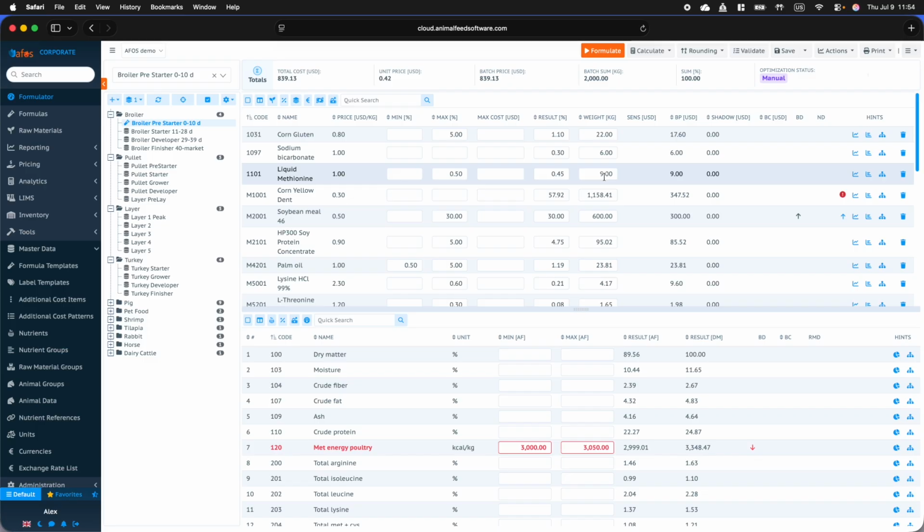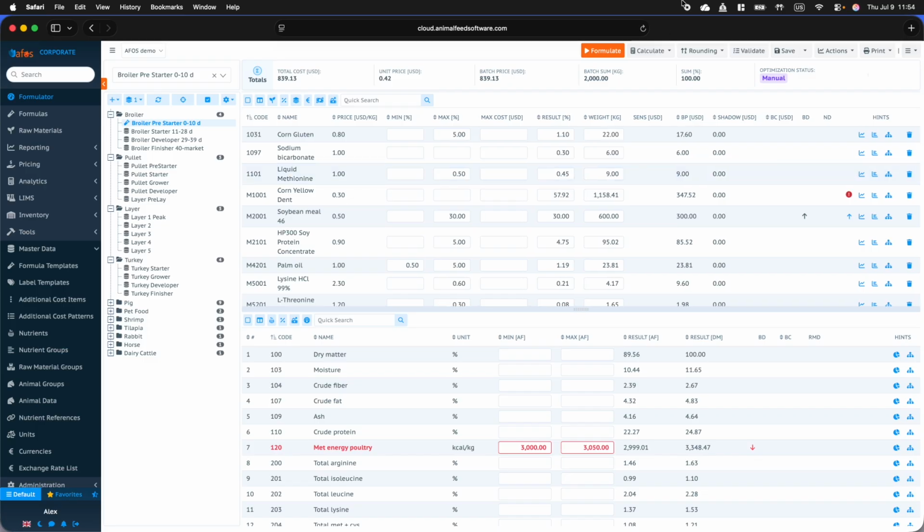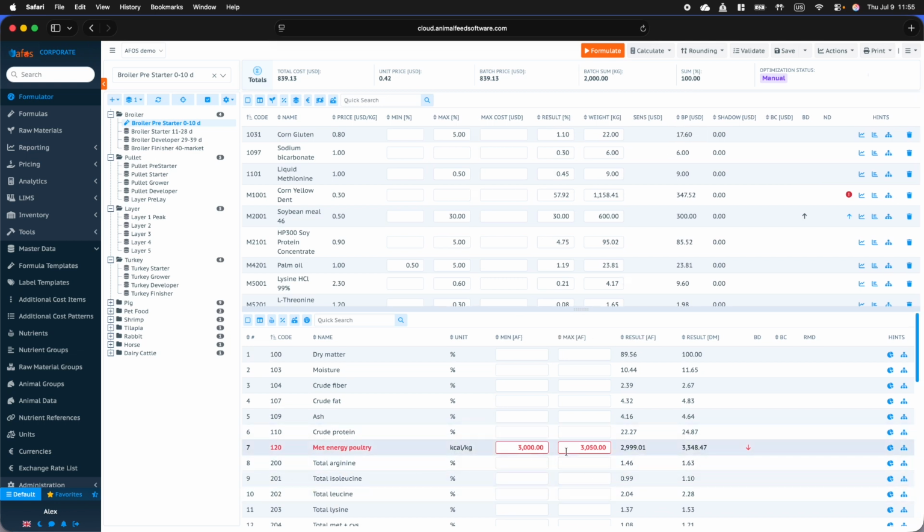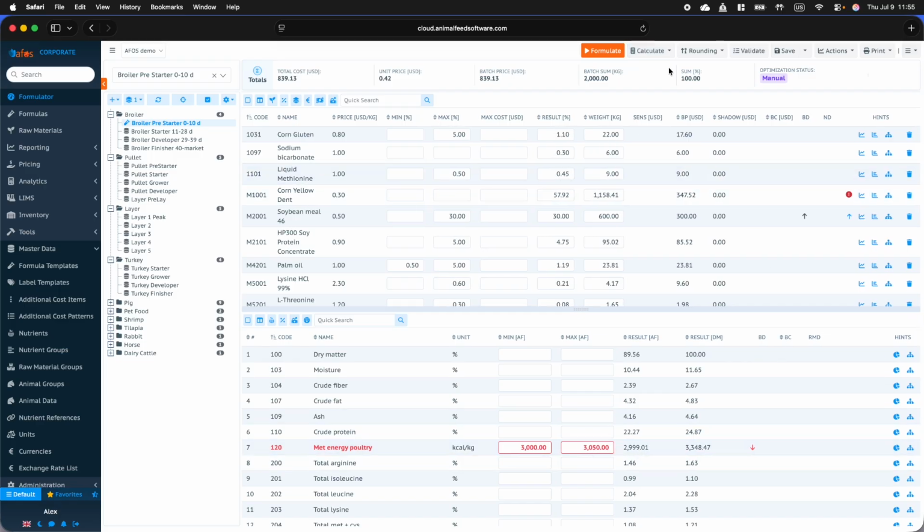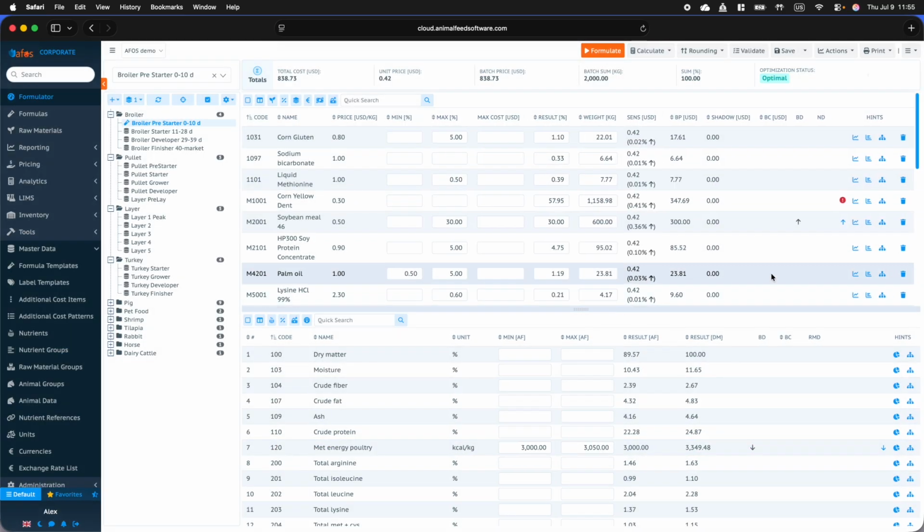The next step in the formula life cycle would be, after the rounding, one of our constraints is conflicting. Optimize again. Okay,